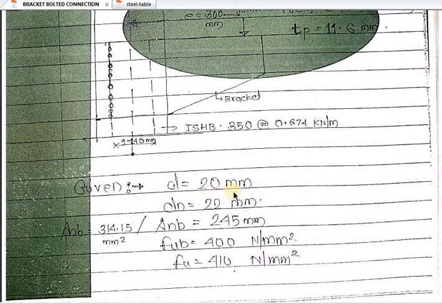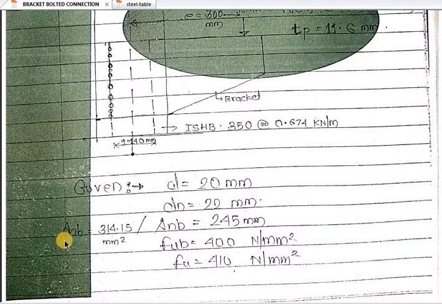What is the extra required as a factor of safety? That is for the diameter of the hole. So the diameter of the hole will be extra. The diameter of bolt is 20, and the extra 2 mm is required for tightening of bolts. So the diameter of hole, DN, we are taking as 2 extra, that is 20 plus 2, which comes to be 22 mm. Again it has been taken from IS 800 2007, that is the IS code.